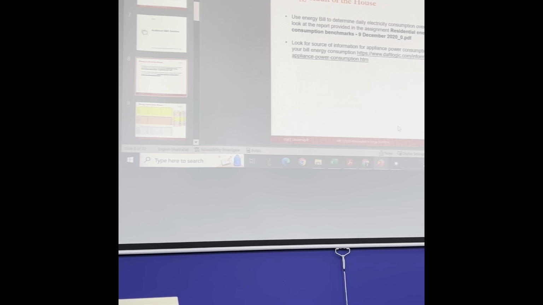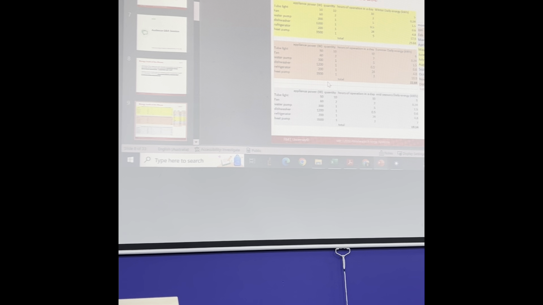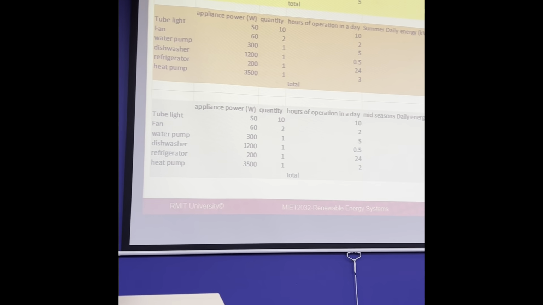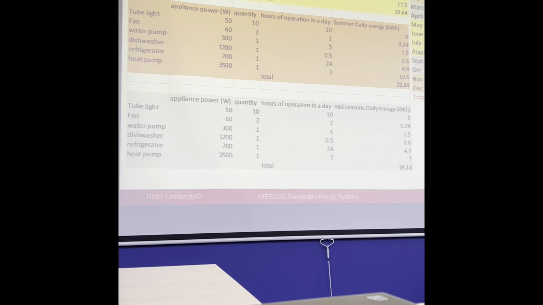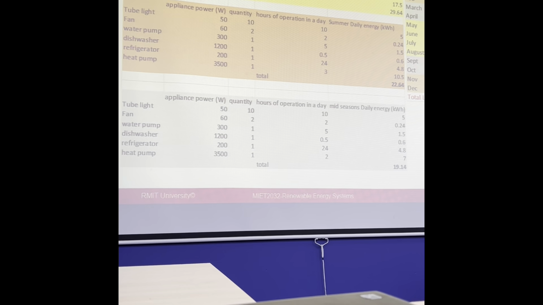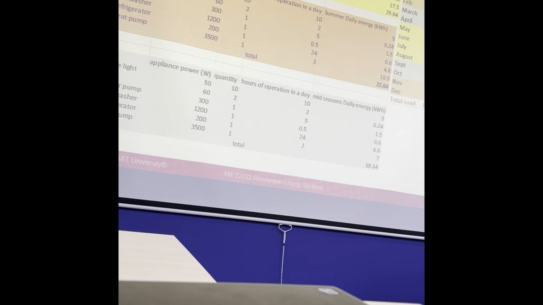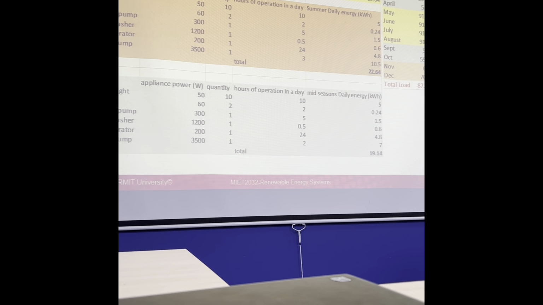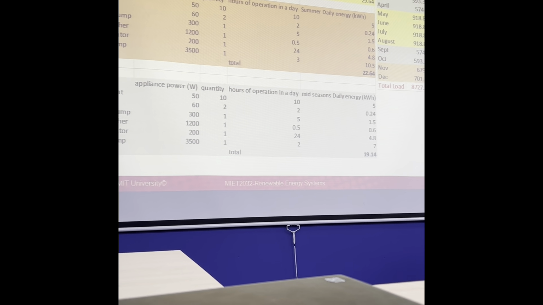Now, let's go to the next point, right? The next point is actually to do the sizing. Here, it would be good to have an idea of what is the household demand in terms of energy. This is called an energy audit of a household. So what you're doing, you list your appliances. You don't have to go into great detail, right? Keep it simple, just the major things that you need. So the power, how many